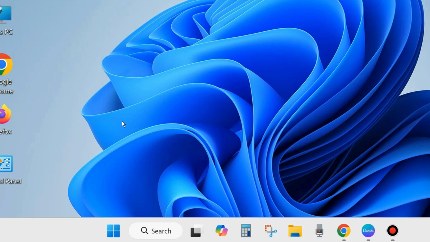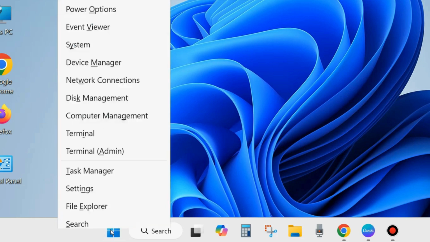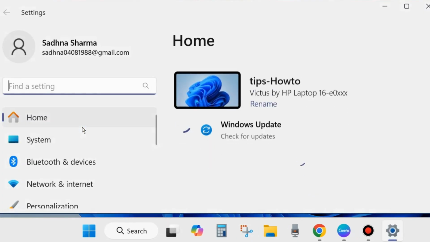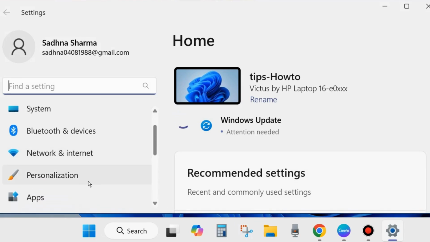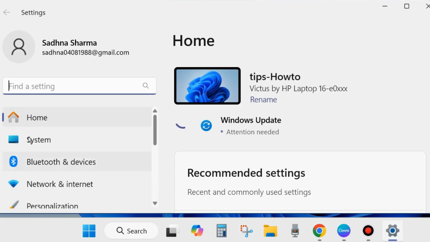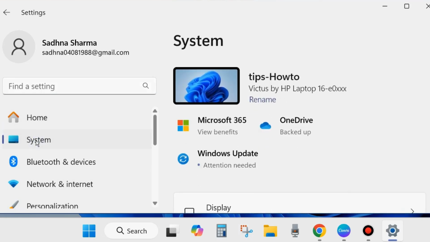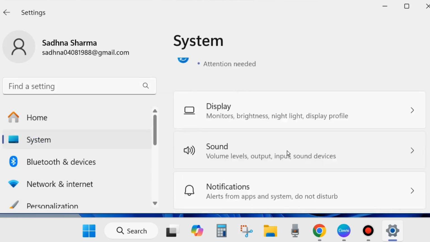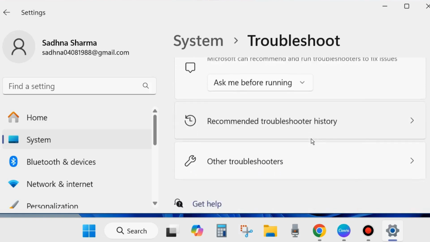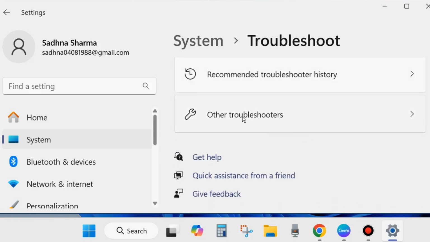Right click on start button and choose settings. Here from the left side of settings, go to system settings. Here scroll down and look for the option troubleshoot. Click on troubleshoot. Here choose other troubleshooters